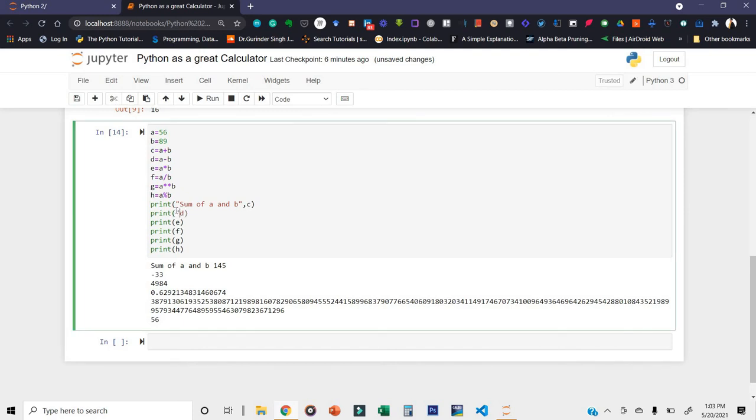And similarly you can do this in double quotes, and after this you have to put a comma, and you have to write here subtract B from A. Okay, and similarly the third one is multiply A with B. Okay, then what is F? F is divide A by B, and then